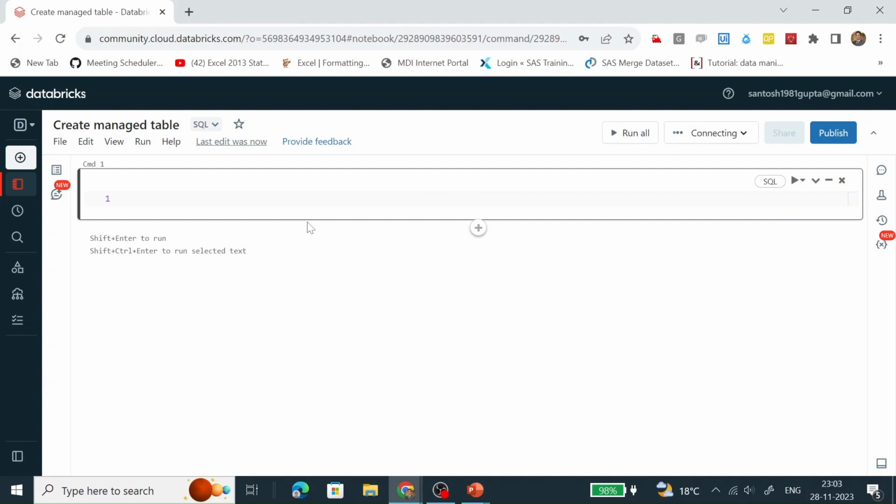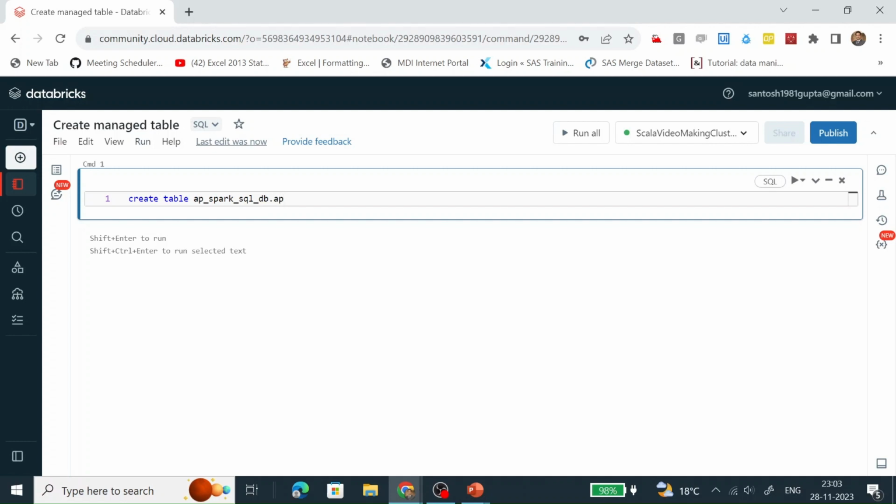How are we going to create a table? We are going to create a table with the help of a create table command, and here we have to provide the database name, AP_Spark_SQL_DB is the name of the database.